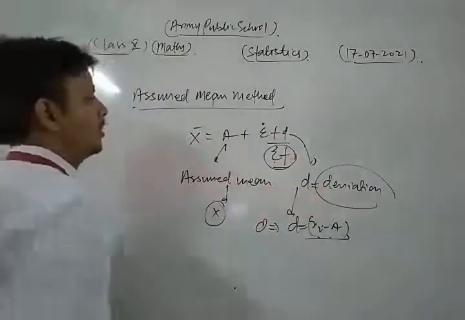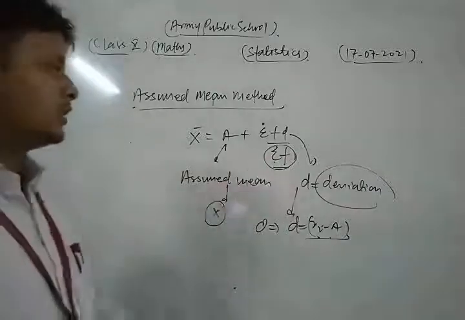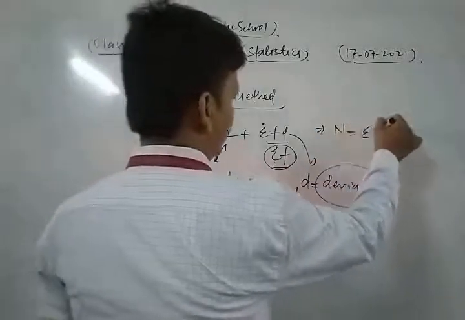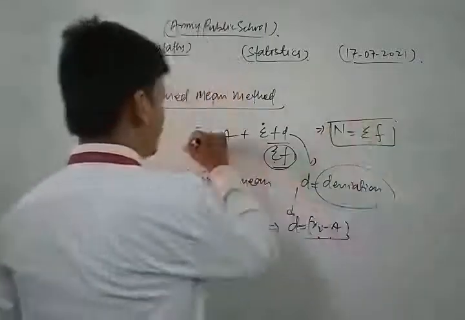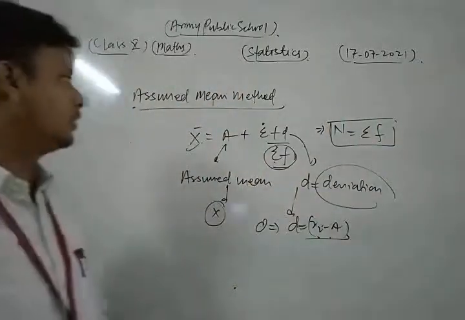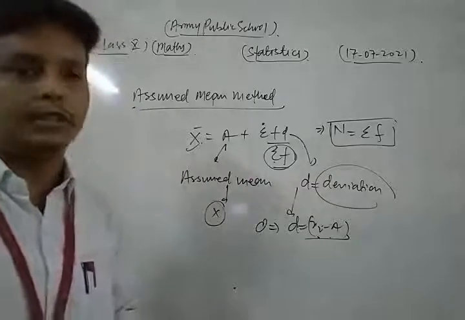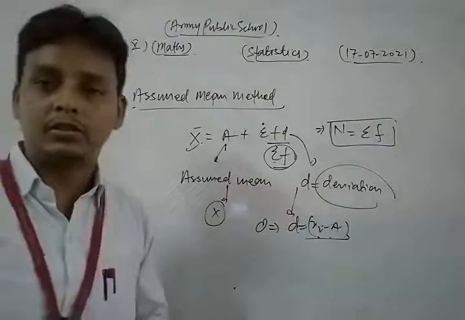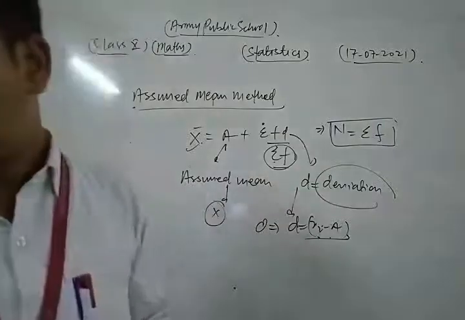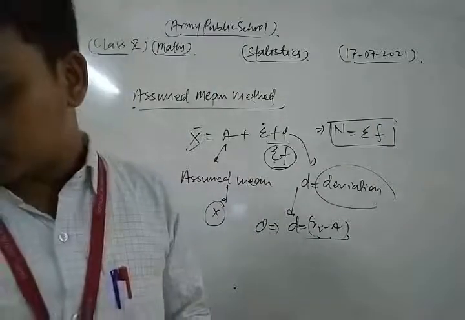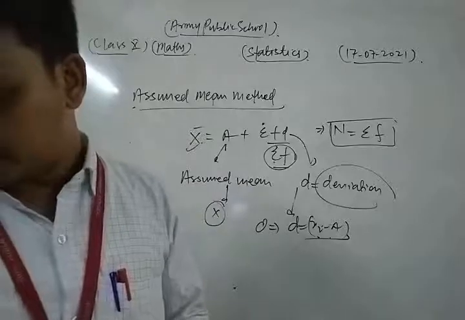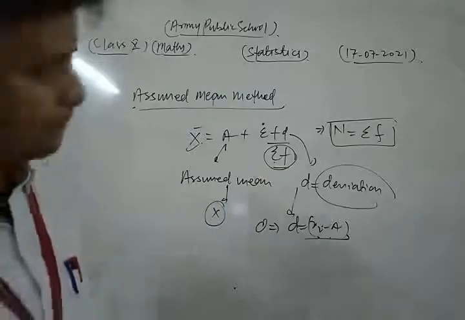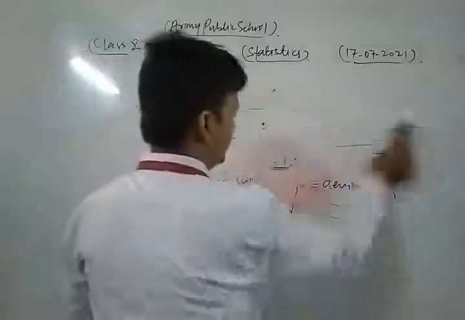the sum of frequencies. Sigma f is also represented by n, so we also write capital N as sigma f. So this is the formula for calculating the mean of grouped data by the assumed mean method, also called the shortcut method. Now we take and solve some important questions based on these topics. After that we discuss the step deviation method.